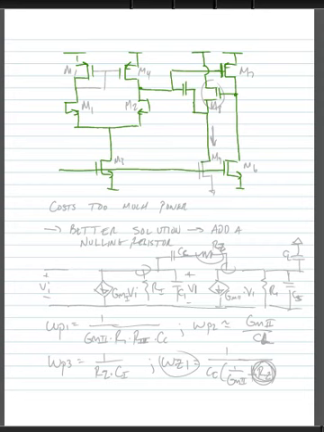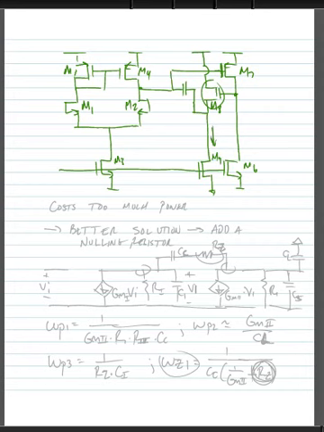And we'd have to bias this with some extra transistor that pulled some more current through it. We'll call this transistor M8. Of course, all of our other transistors are typically labeled M1, M2, M3, M4, M5, M6, and M7 here. So we add this buffer M8, and we have to bias it with a transistor M9